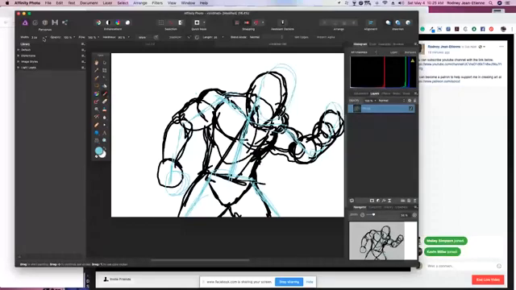I'm gonna up this a little bit so the blue takes over. I could have used another layer. I just don't feel like it right now. All right, so